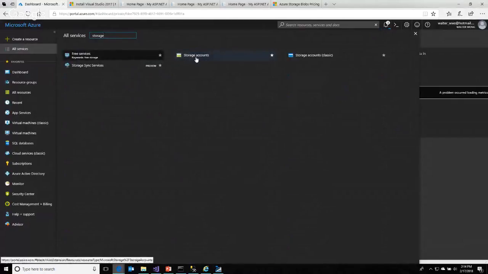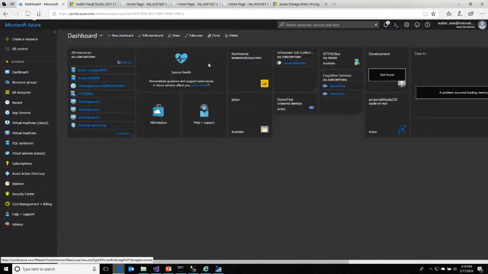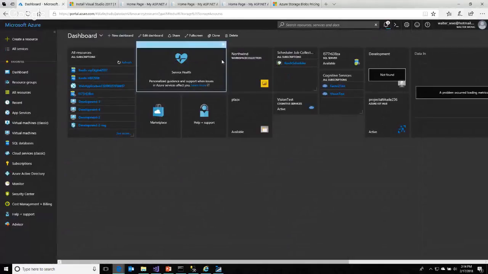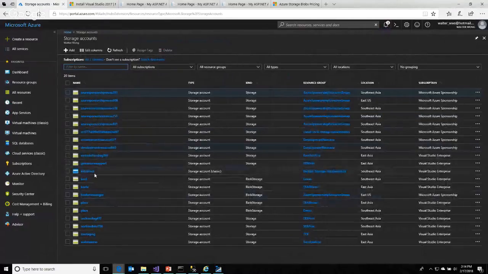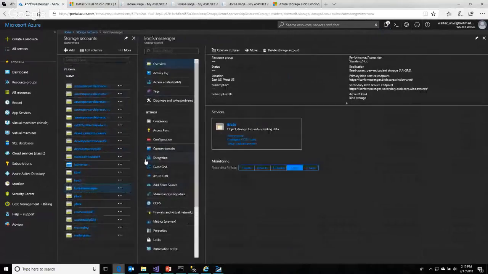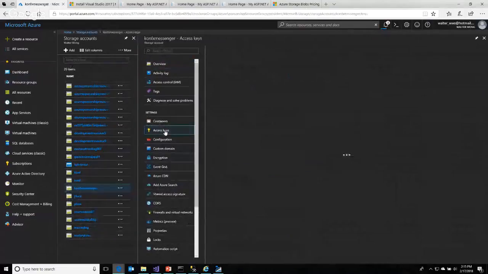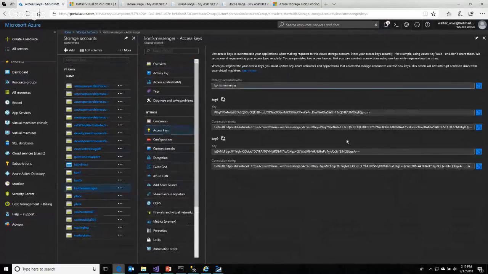See from here, there's a storage account. There's a lot of storage created here. Let's go to one of them. In order to upload a file to the storage, you need something called the access keys, and the access keys themselves are very, very complex.